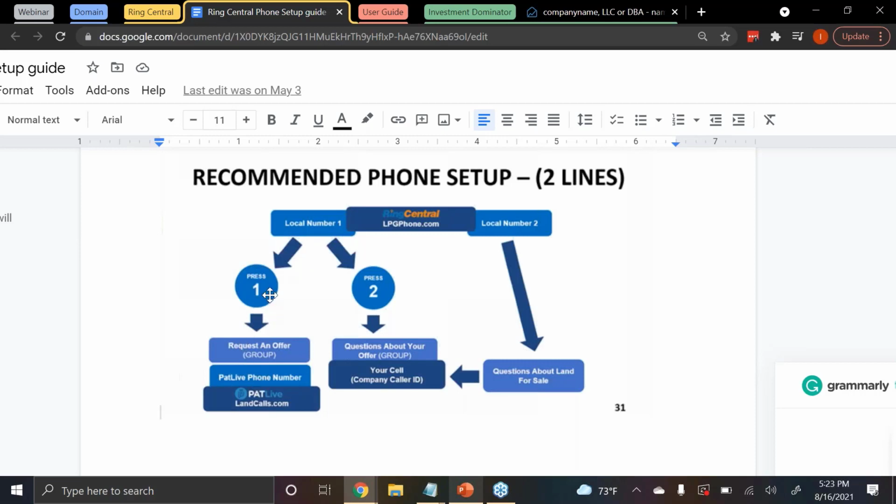So this can go to a call center like Pat Live. RingCentral is a completely different subscription to Pat Live, as well as the Investment Dominator. So altogether, that's 3 subscriptions there, including the Investment Dominator. Just keep that in mind. But this Pat Live service, which we're recommending, is a 24-hour call center, and they are able to go ahead and process your new offer requests. And we find that,